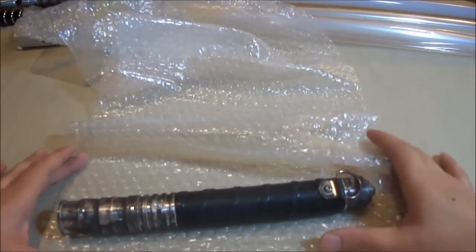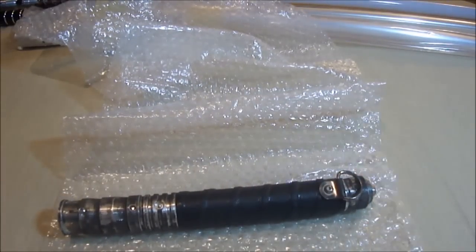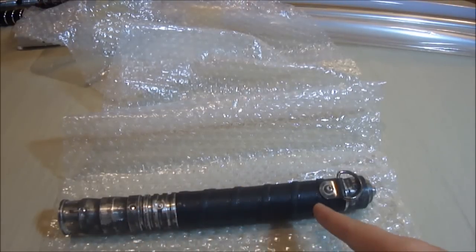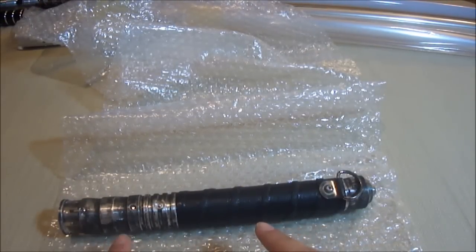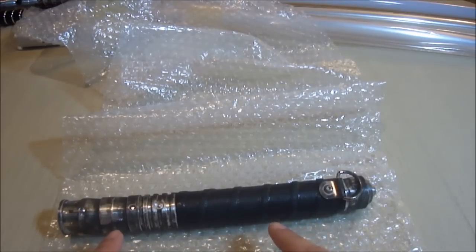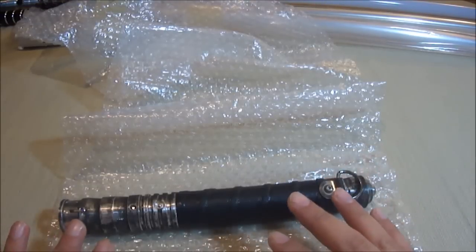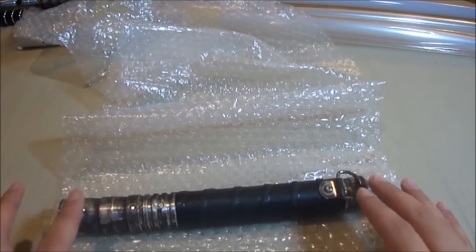So this is definitely a very, very nice hilt. This is the Wrap Havoc. I think there's a couple different designs. This is the heavy weathered design. I believe there's the regular pristine, a light, a heavy, and then there's a relic version,